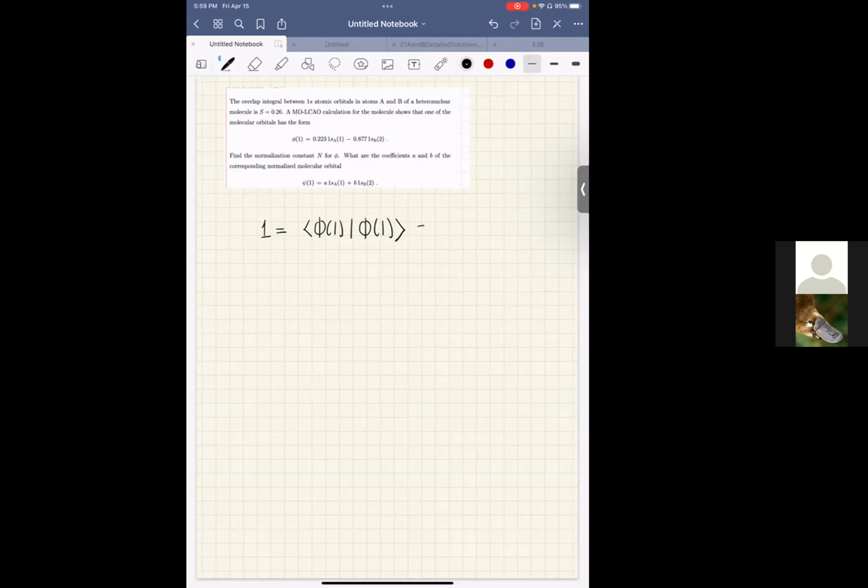And this is just the same as, because we're dealing with integration from negative infinity to infinity, we can just write it like this. So let's just try to solve this. So this is equal to